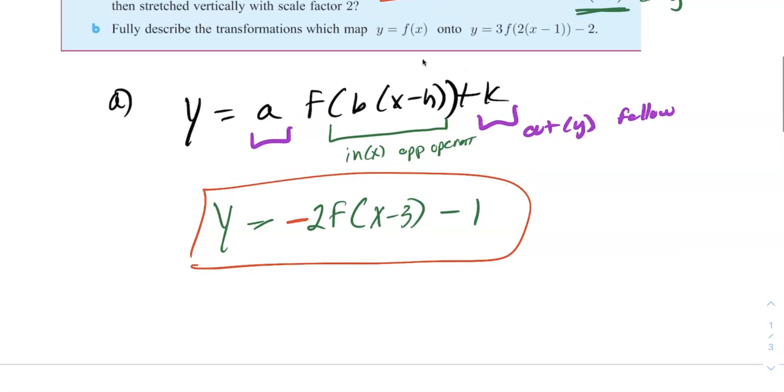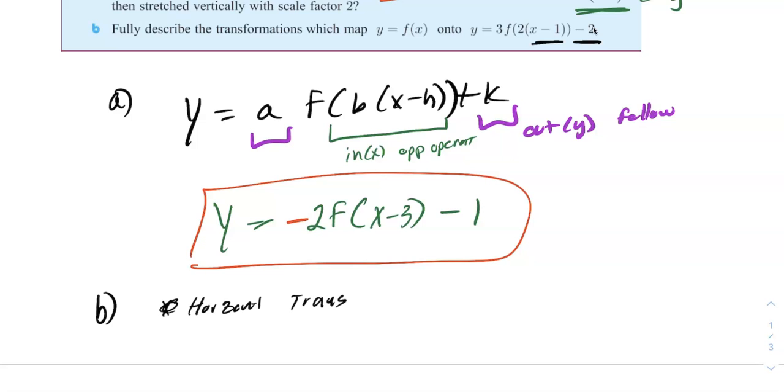Okay, B. B's kind of going backwards. It's like, here's our finished product. What translation did you do? We'll start with translations, right? -1 and -2, right? Those are stuff being added or subtracted, that's the translation. So we're moving right 1 and down 2. So you can say x horizontal